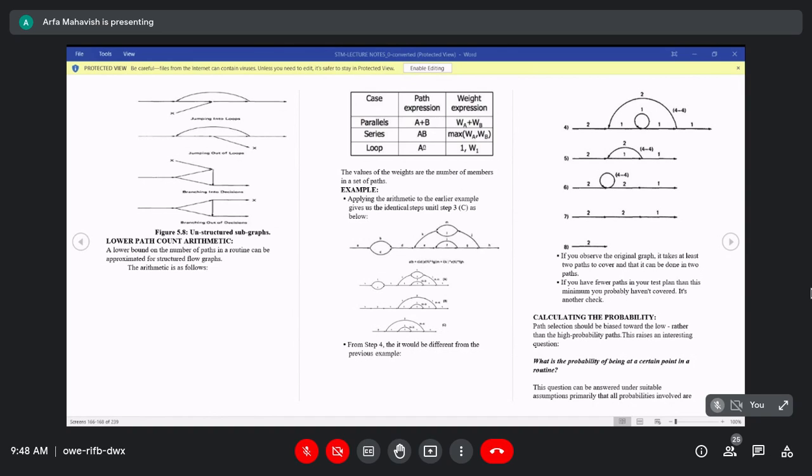Next we have the loop rules. For loop rules in the lower path count arithmetic, the loop is considered only once, okay, and the path counter should be multiplied with the loop weightage. So here too we are multiplying with the loop weightage.